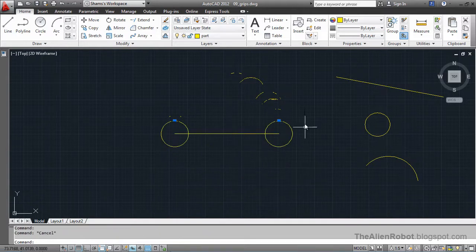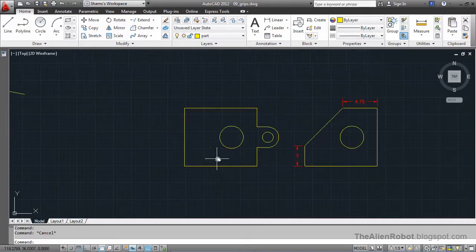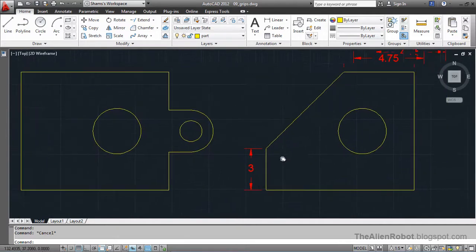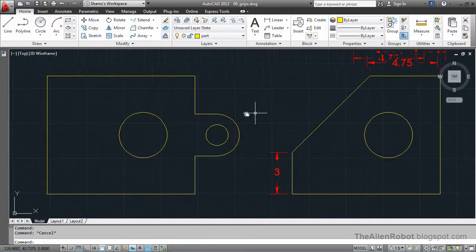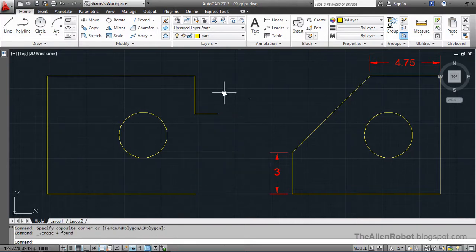Now let's use this on a more practical example. Now here on my screen I've got a finished example on the right and an unfinished example on the left, and we're going to make this look like the other one on the right. First of all, we have to finish some lines here, delete some lines here. So for that we're going to have to select these, delete